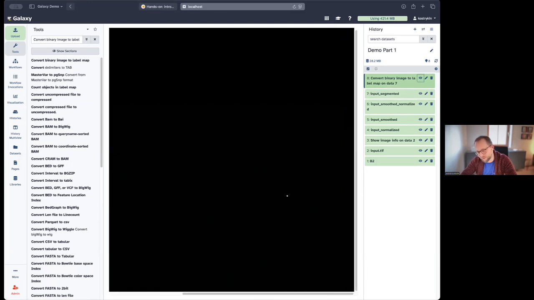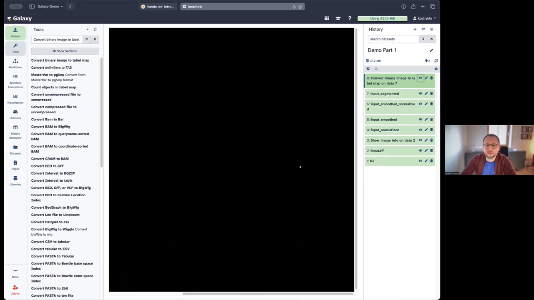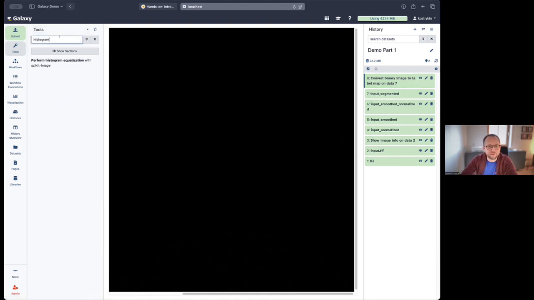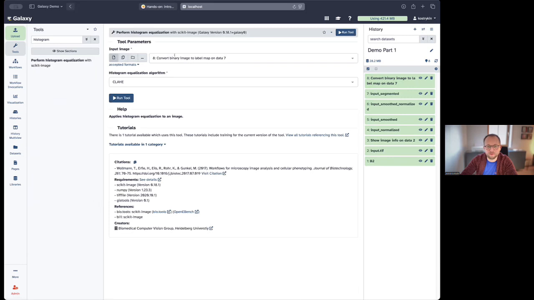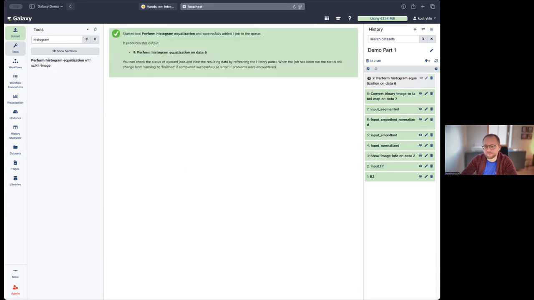So this is the result. It looks almost entirely black, which is due to the fact that the labels which are assigned to the individual objects are numbered consecutively. So the first object is numbered with a label 1, the second one with a label 2, and so on. And since we have n labels, and n is much smaller than 65,000, since we have a 16-bit image, by n I mean the number of objects, the entire image looks black, but it isn't, as we will see after performing another histogram equalization on the result of the conversion.